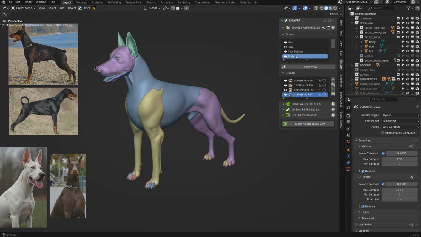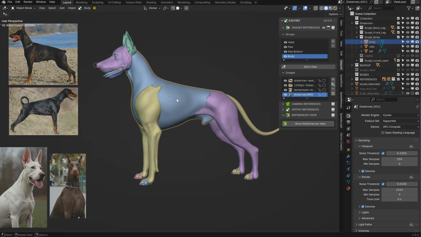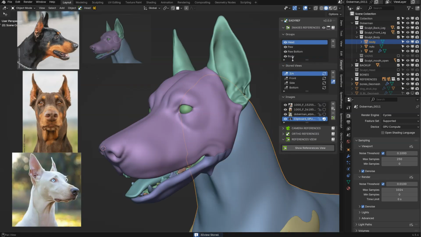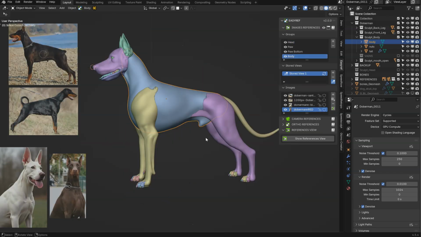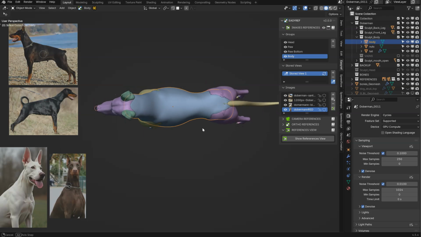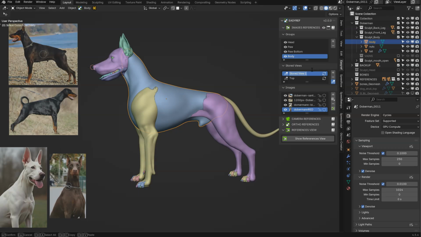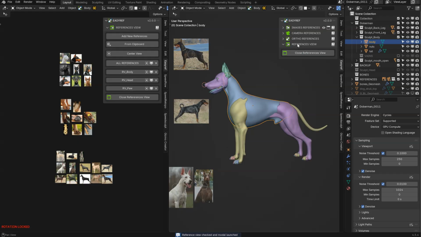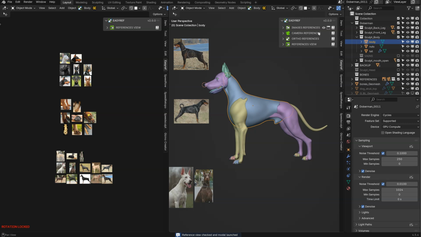Directly in my view with my body, I can directly store a view, and now if I select this, I will have that. If I select my body, I will have that. Okay, so this is simple. Let's make this like that. Store this new view. Let's name it top. Double click. Okay, and for this one, let's name it side. I have my references, and from the reference view, you can add images to the image references,